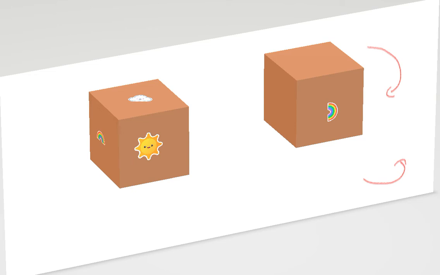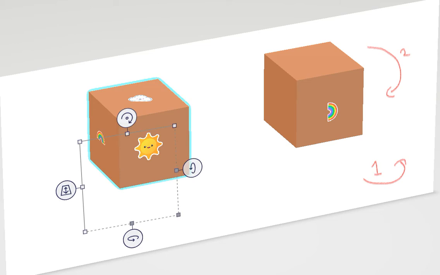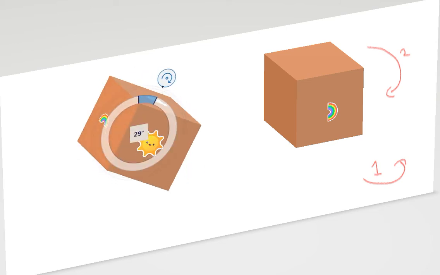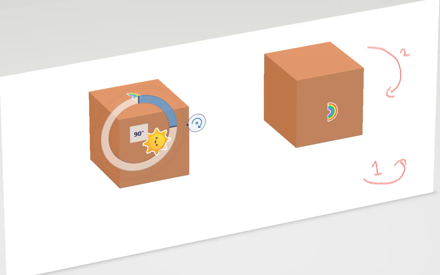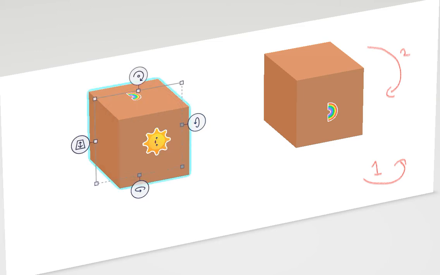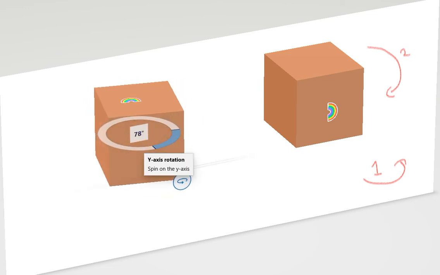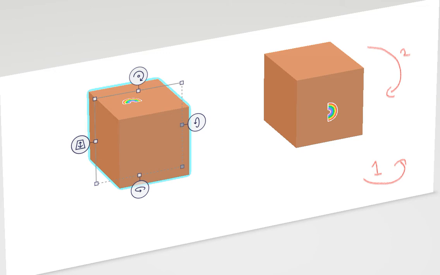Now I want to do the same thing for the second cube, but in the reverse order. When I was rotating the first cube, this was the first rotation and this was the second. Now I will change it. First I will rotate the cube in this way, again the same 90 degrees. Next I will rotate it in this direction, 90 degrees. Now you can see the first rotation was done in this form and the second rotation in this.